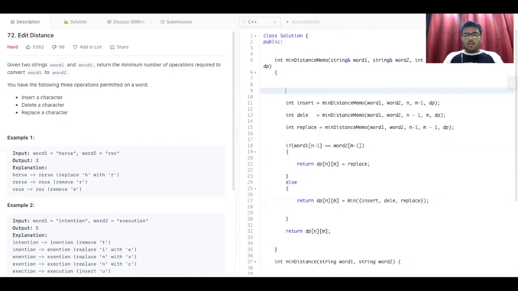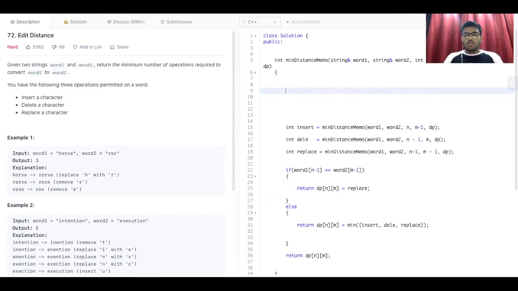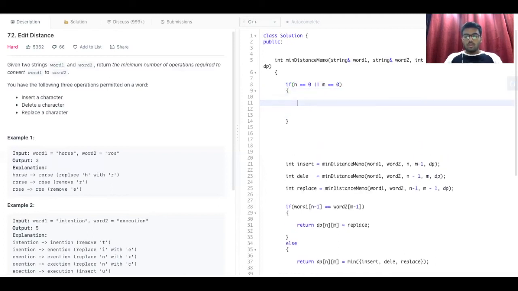Now we'll write the base case, which is the most important part. The base case is if word1's length becomes 0, or word2's length becomes 0. So what will we do at this point of time?